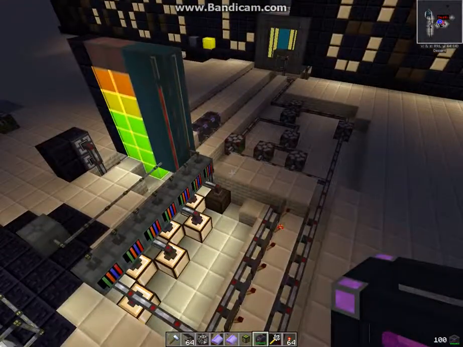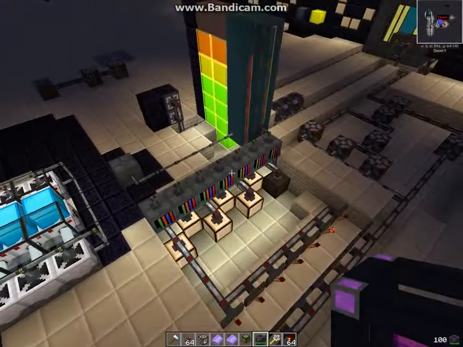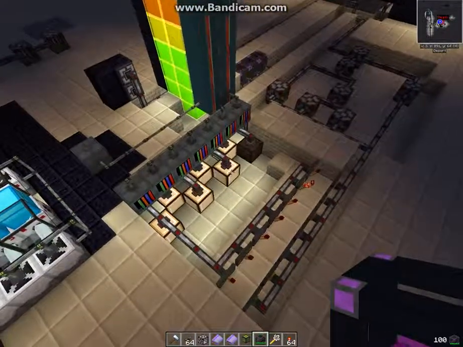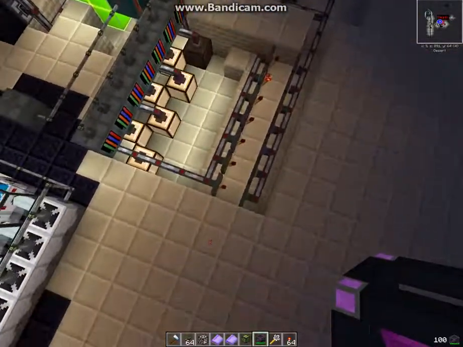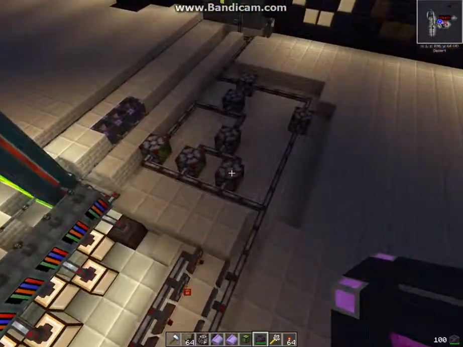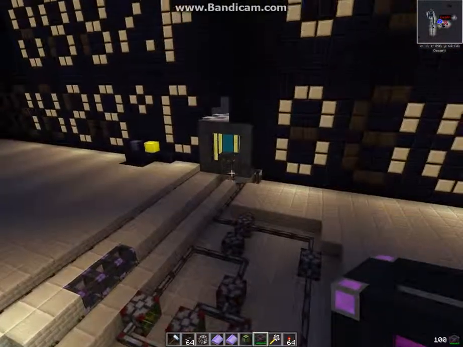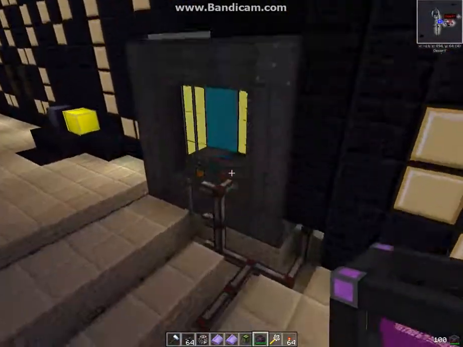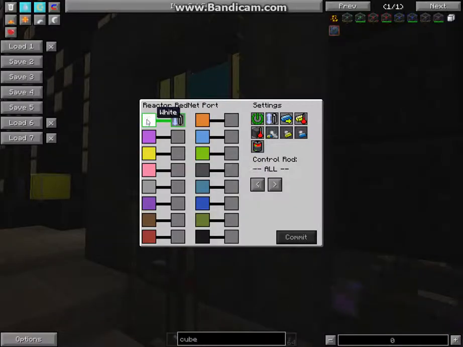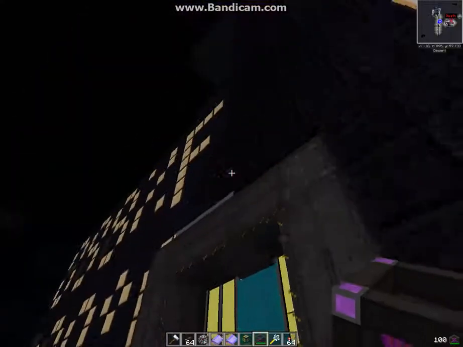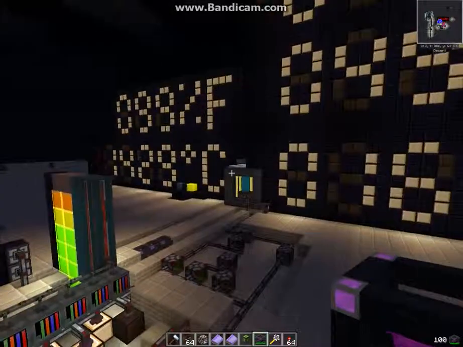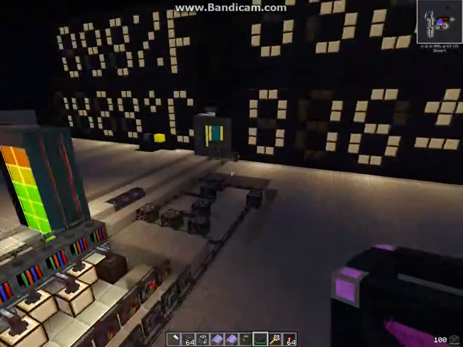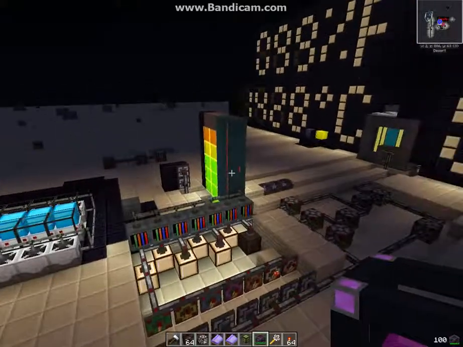We're running out of time. But I explained the 15-step thing, the indicators that they are working. The important thing is the inverter here and the adder, so that you end up with an analog value to the, I have to show you, this is a Rednet port here, and it's on a white channel, and it controls all of the rods over this channel, and you need a value between, again, 0 and 100 to control these fuel rods. So sorry, we're out of time. Hope you